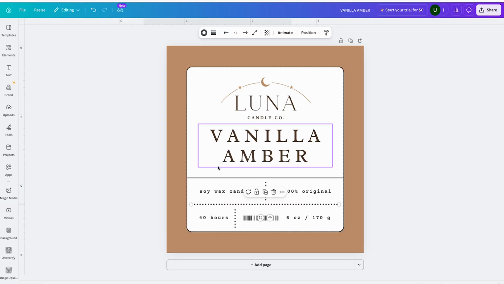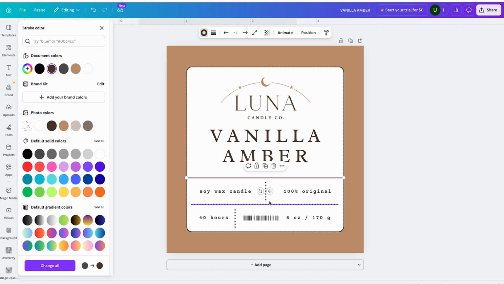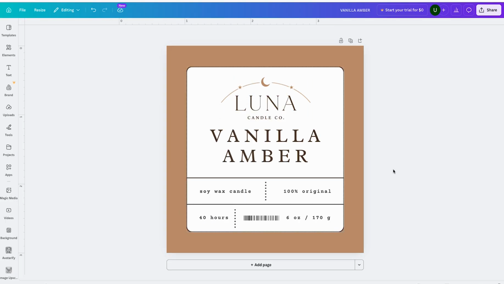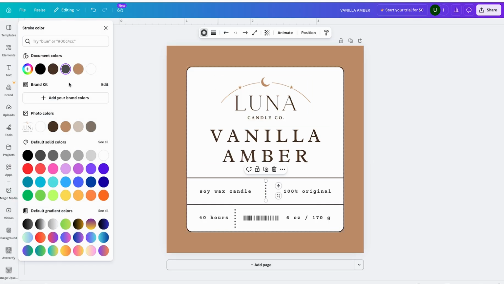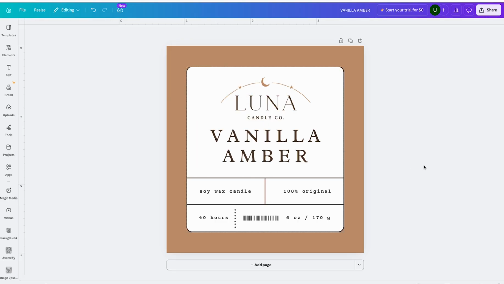And then I'll just repeat the process for these other little dotted stroke lines. Change the color. There we go. Change it to solid and then to 1 point. And then I'll just, again, move it edge to edge. Do the same for this line in the center. One point, and then to the top and to the bottom. And then lastly,